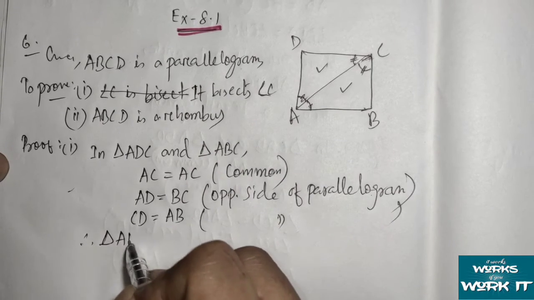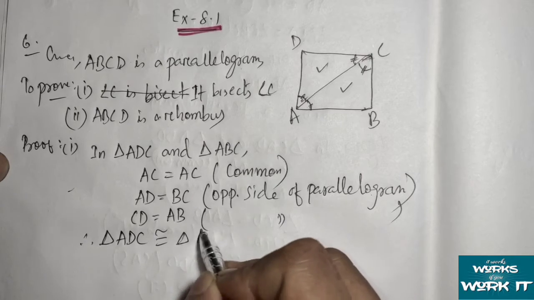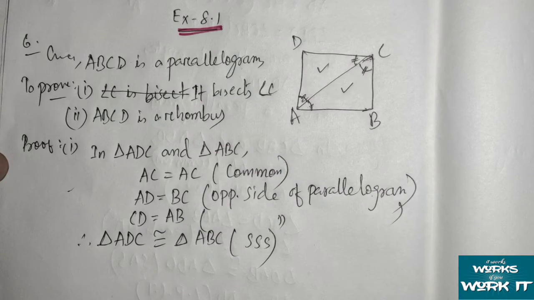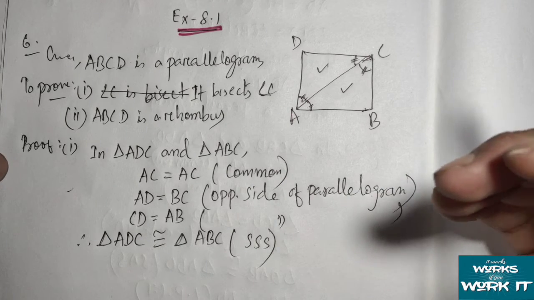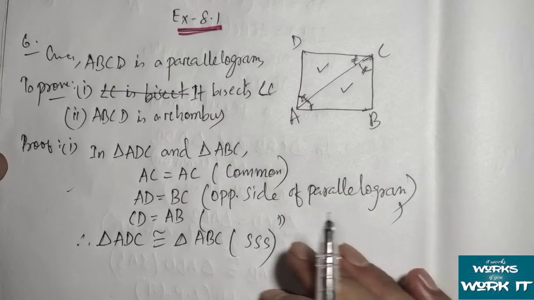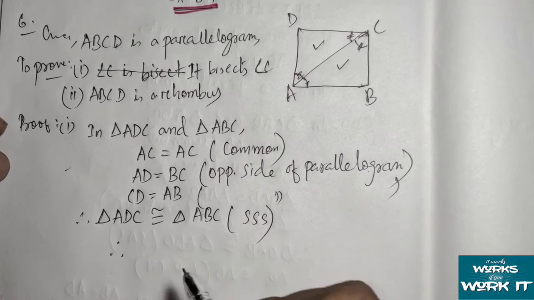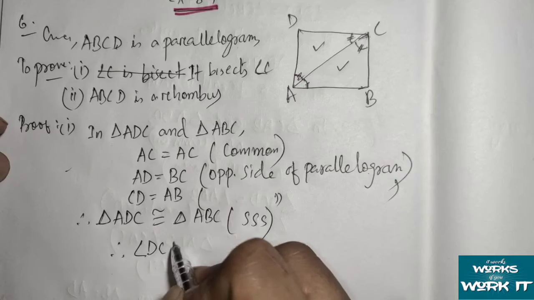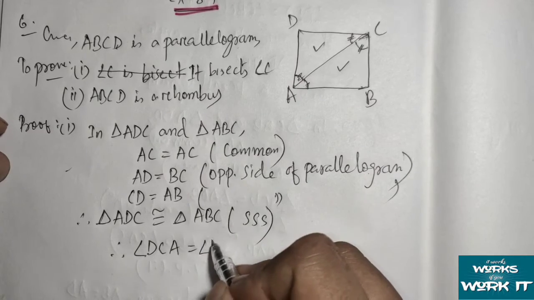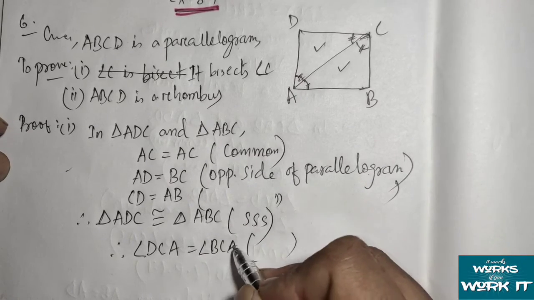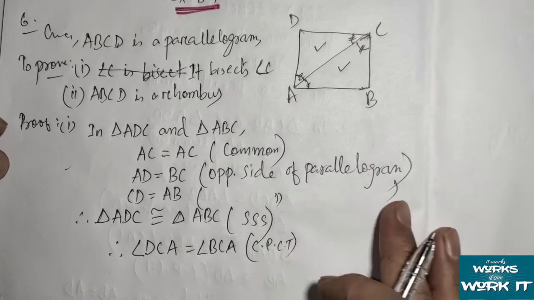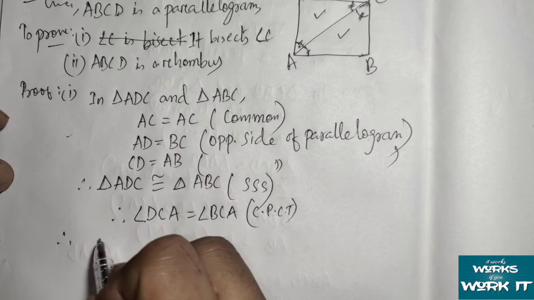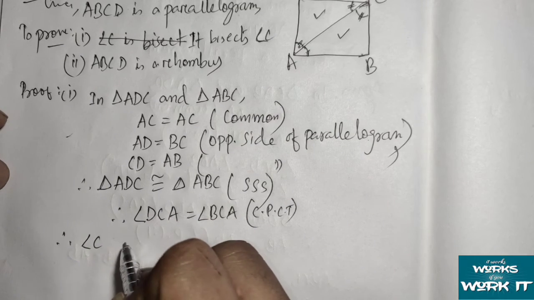So therefore triangle ADC will be congruent to triangle ABC. By which criteria? We have shown three sides equal, so it will be the SSS criteria. So what we can write here: angle DCA will be equal to angle BCA. Why? Due to CPCT. Okay, so from this conclusion, we can write, therefore angle C